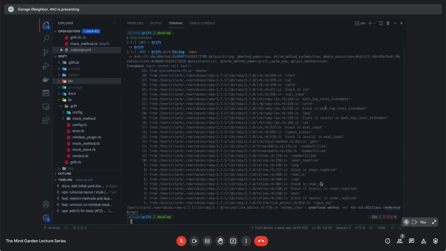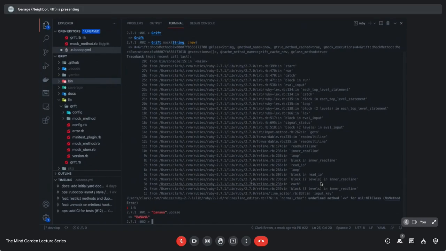You can see this is what I was talking about, where I should probably make this a restricted method. Not that anyone would really try to do that for a test, because it's trying to do some operator on what it thinks should be an empty string or some other kind of string, and it's not working. But just in general, I can show you, if you have banana and you do dot upcase on it, it puts in all uppercase. But if we do Grift.mock String upcase, and we say apple,